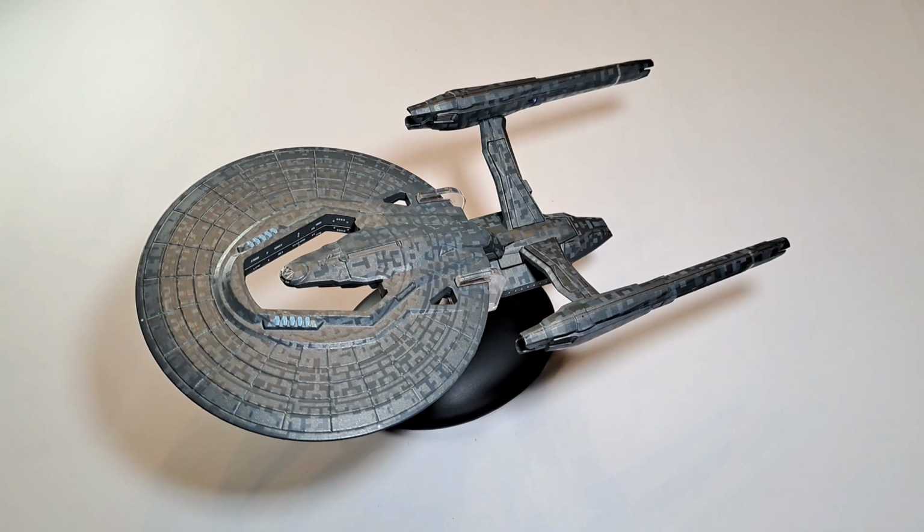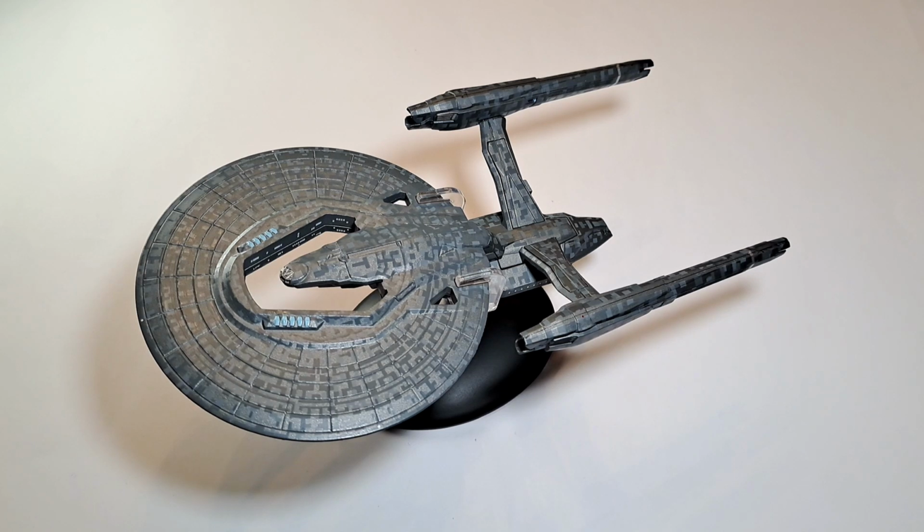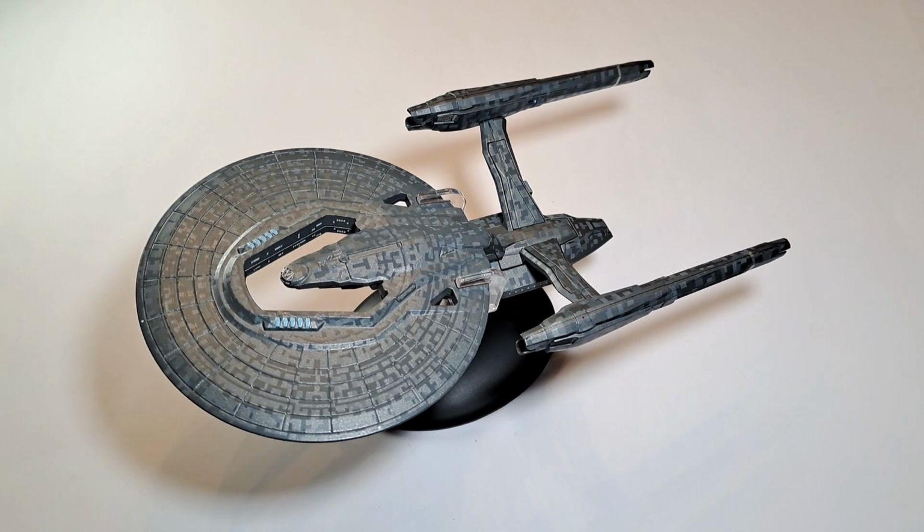And I think it's an interesting design issue these days, in that the CG programs are so powerful and the 3D printing is so powerful as well, I guess, that you can come up with basically anything you can imagine. But the question is, does that then actually work in real life conceptually? Because I think, not that it would bother every member of the audience, it's got to hang together logically, otherwise people just can't suspend their disbelief, and that's one of the issues I had with Discovery, I suppose. There were just sometimes when it just broke for me, because I just thought, no, that's just no. But anyway,